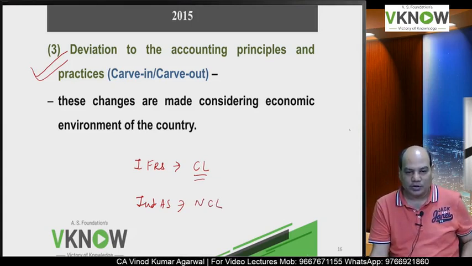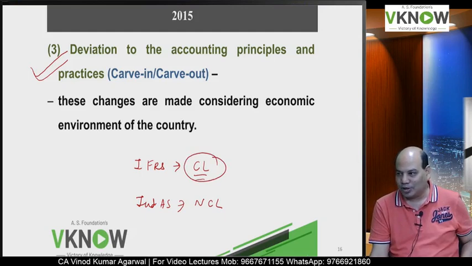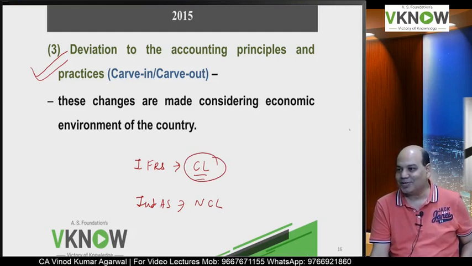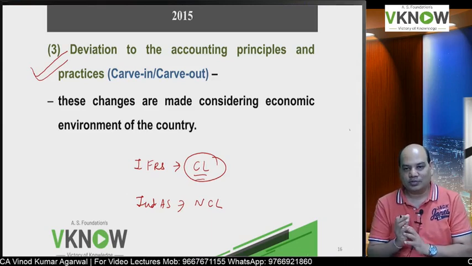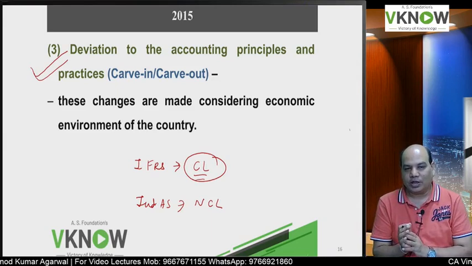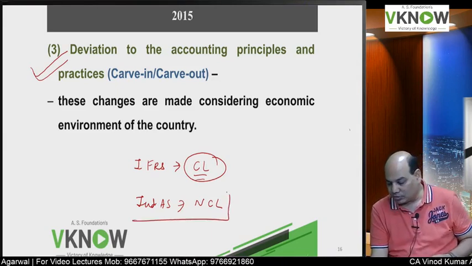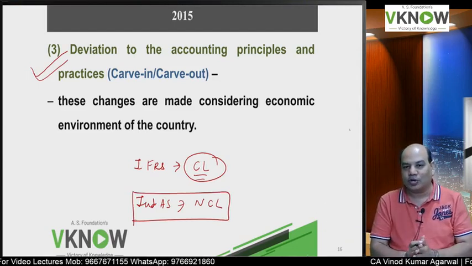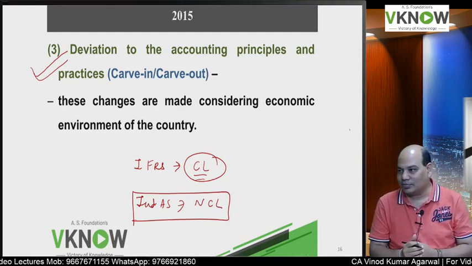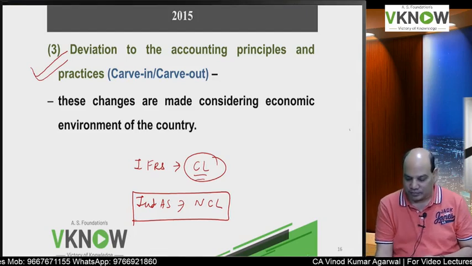How does it make a difference? If it is a current liability, it will affect your current ratio, quick ratio, liquidity ratio. So a lot of ratios get disturbed. Is it right? And getting further loan will become difficult. But India is a land of defaulters. We are going to protect our defaulters even on the balance sheet. Is it right? Don't write that.